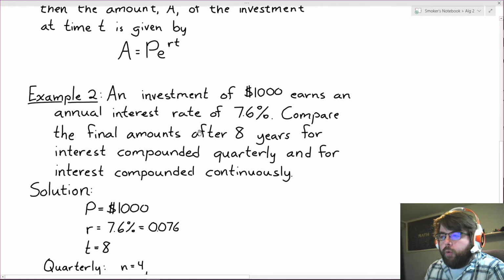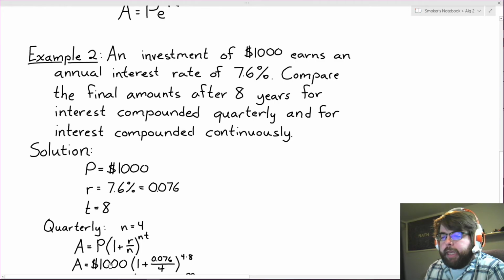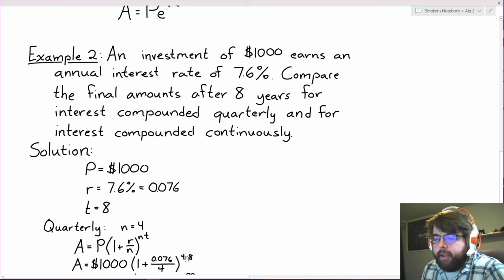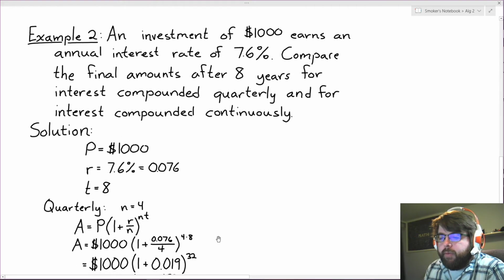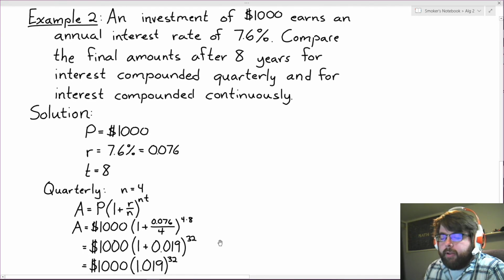N is equal to 4 because it's compounded quarterly, 4 times a year. So if we plug in the values, P is 1,000, times 1 plus our interest rate in decimal form divided by 4, to the power of 4 times 8 years. Then we evaluate: take that division, multiply 4 times 8 to get 32, add those together,